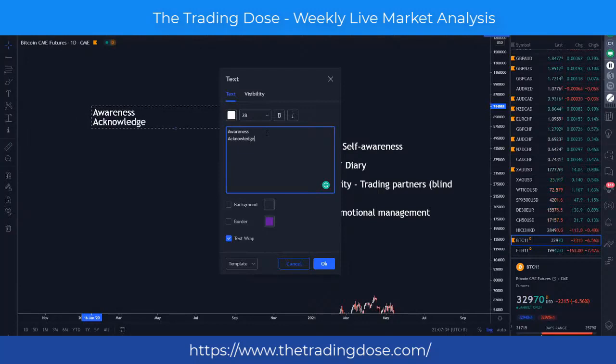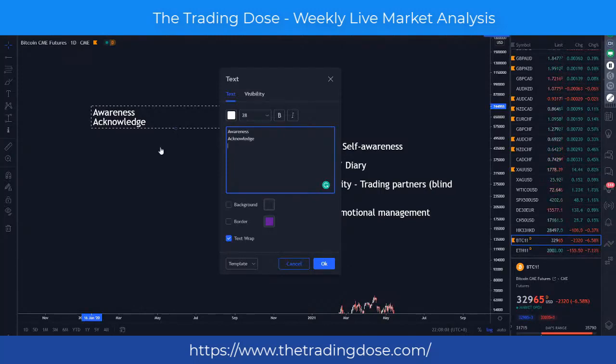This cannot be skipped either, because if today you're aware but you don't acknowledge that you need to work on it, you don't acknowledge that it is hurting your performance, hurting you as a trader, then you will not work on it. So the first step is definitely to be aware, then you need to acknowledge. After that, you start to work on it, improve, and find ways to evaluate things.